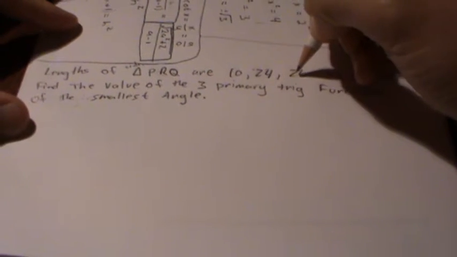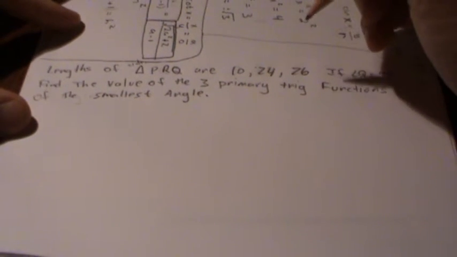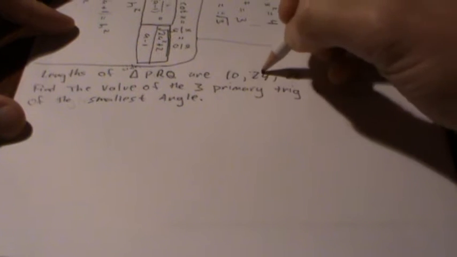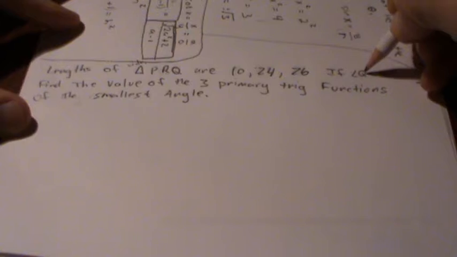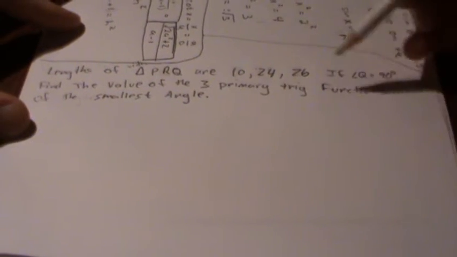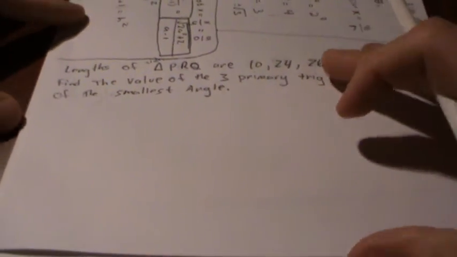I actually changed the numbers because the numbers I had before actually didn't make a right triangle, but now they do. So 10, 24, and 26. If angle Q is 90 degrees, find the value of the three primary trig functions for the smallest angle. So this is actually a pretty simple question, but what we're going to do here is